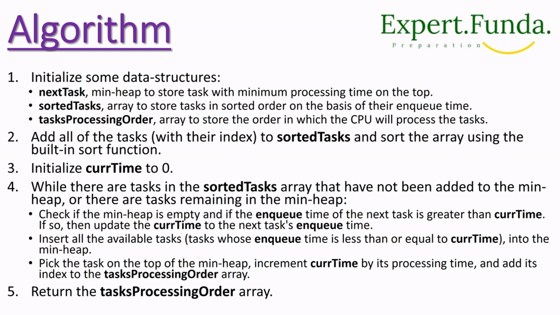Now if we talk about the algorithm, right? If you have any doubt there, please let me know. Now we have to initialize some data structures for the algorithm. The data structures we have to initialize are next tasks, sorted tasks, and task processing order. Next tasks will be a min heap to store the task with the minimum processing time on the heap. Sorted tasks will be an array to store the tasks in sorted order on the basis of their enqueue time, and the task processing order will be an array to store the order in which the CPU